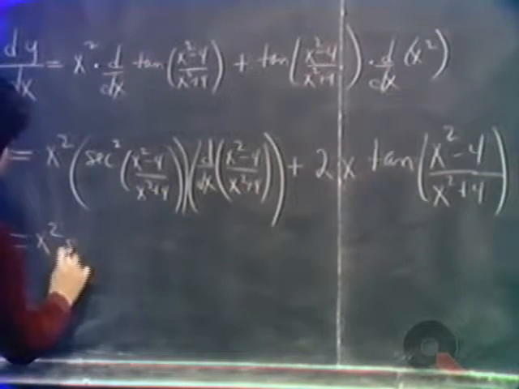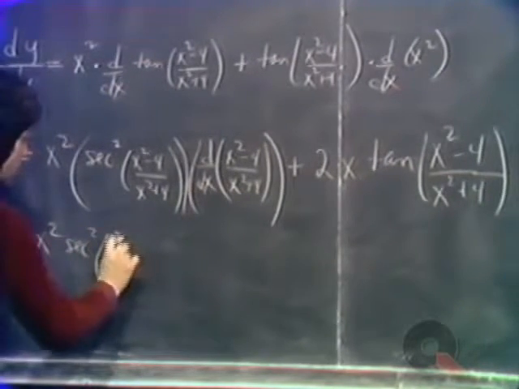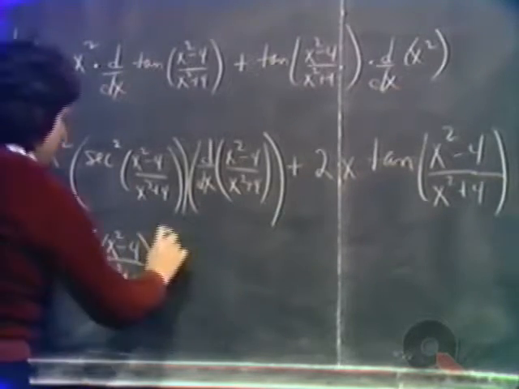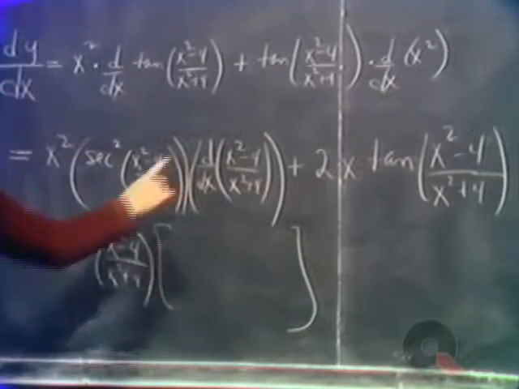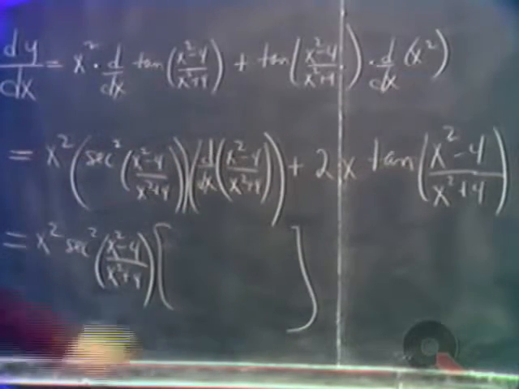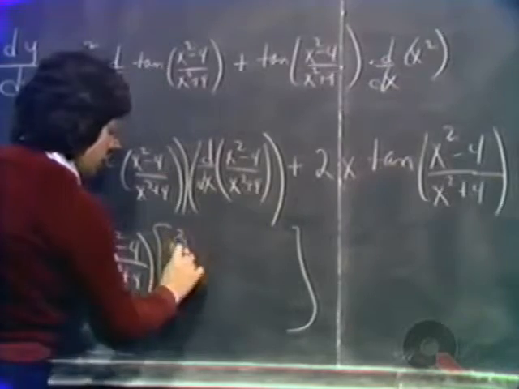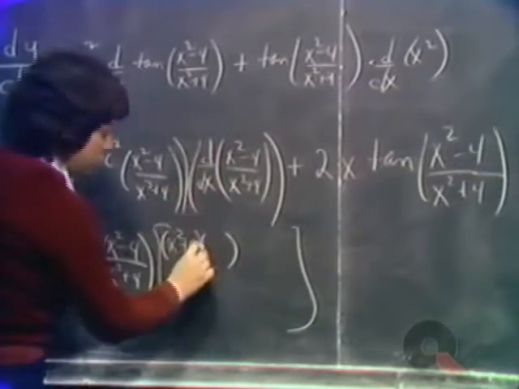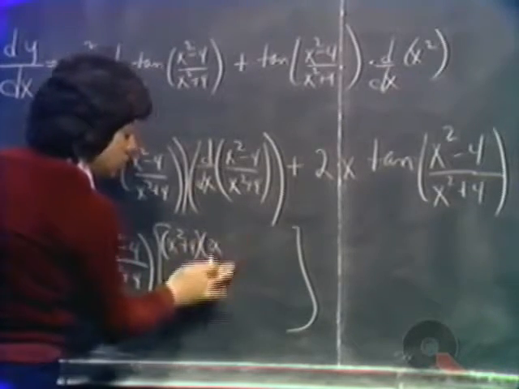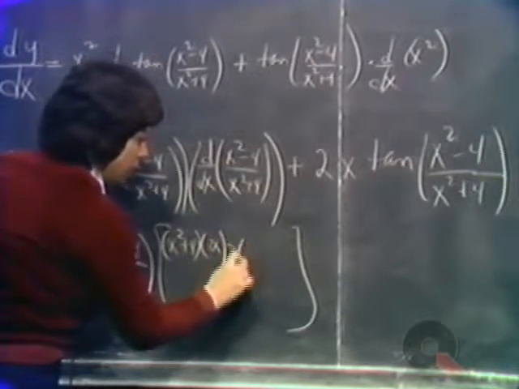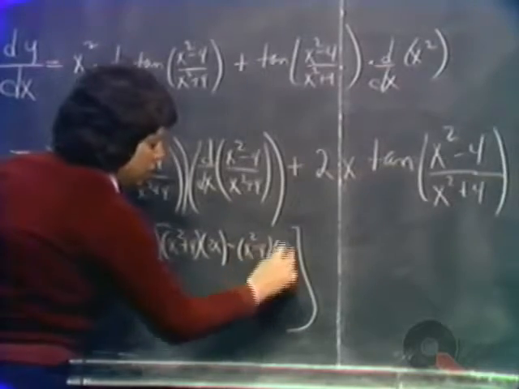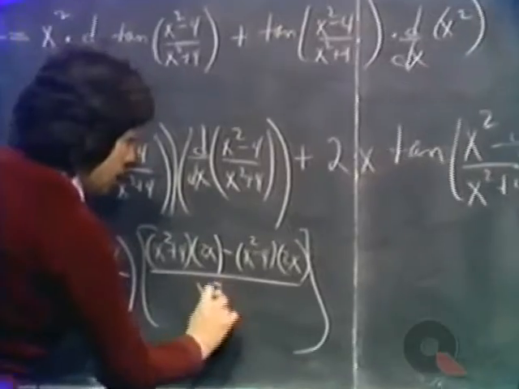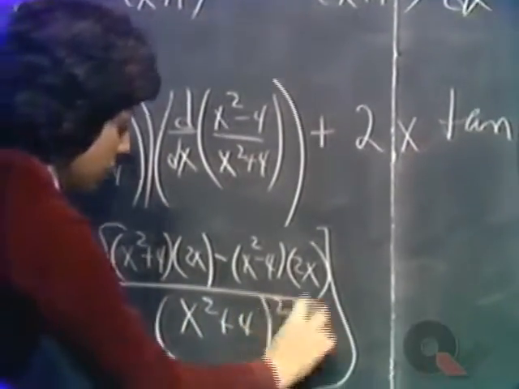x squared, secant squared of x squared minus 4 over x squared plus 4. Now, the derivative here is the derivative of a quotient. So it's going to be the denominator, x squared plus 4, times the derivative of the numerator, which is 2x, minus the numerator, x squared minus 4, times the derivative of the denominator, which is 2x, all over the denominator, x squared plus 4 squared,